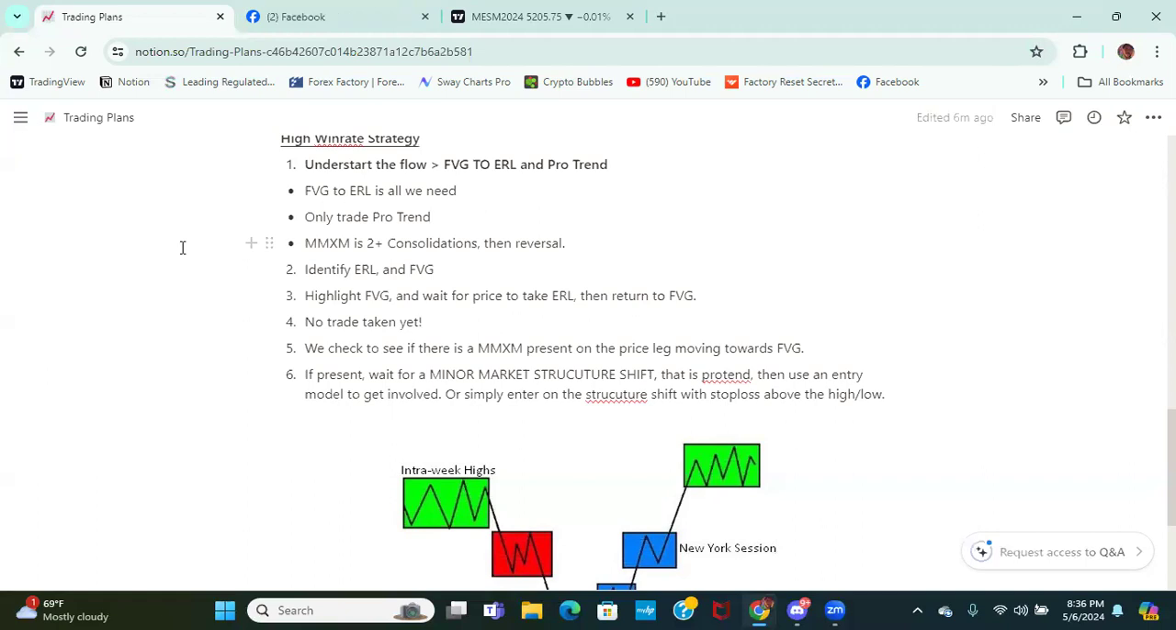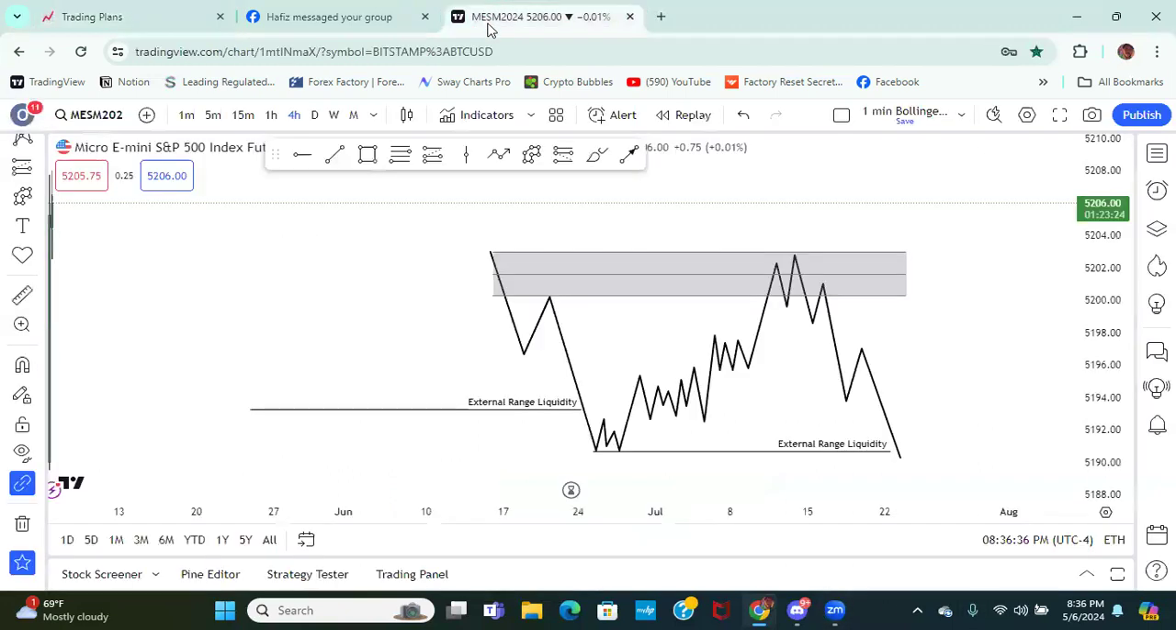Okay. So first of all, you do want to understand the trend, right? You want to understand where are we going, right? And then you want to identify your external range liquidity and your fair value gap. And you always want to remember that we are trading from a fair value gap to a new external range. Okay, so if I come over to this, you only want to do this after price has taken external range liquidity to begin with. So first off, you want a fair value gap, which is up here, okay? And then you want external range